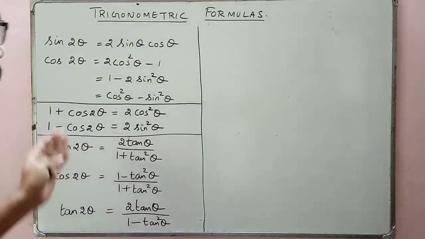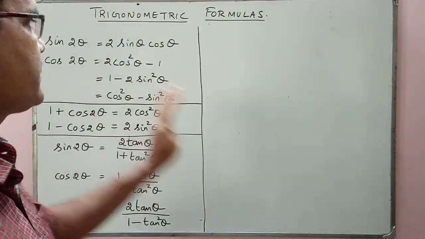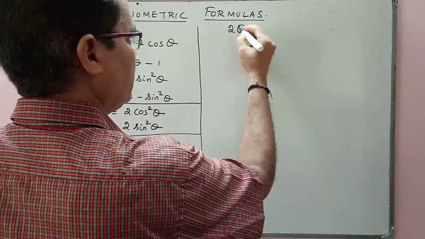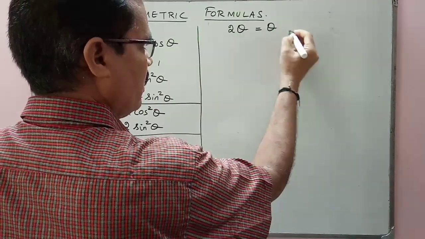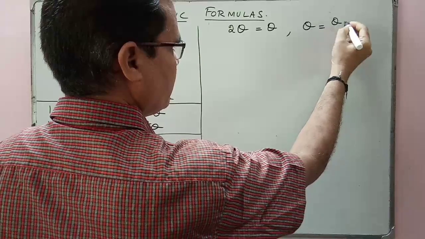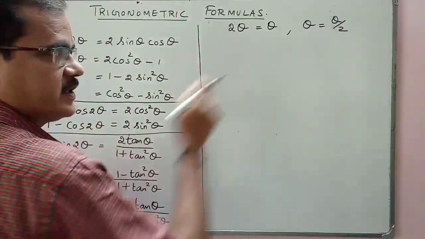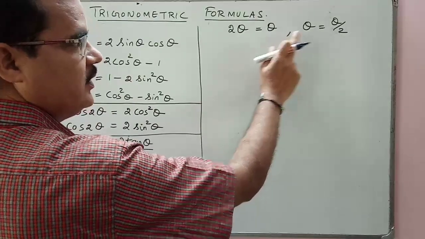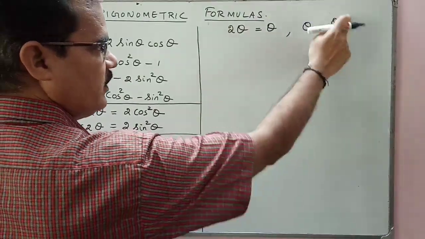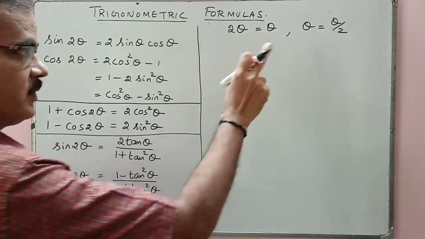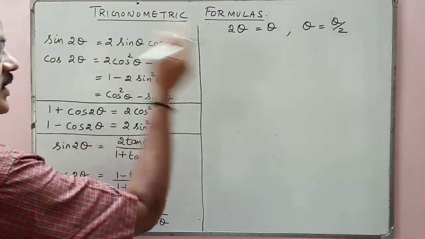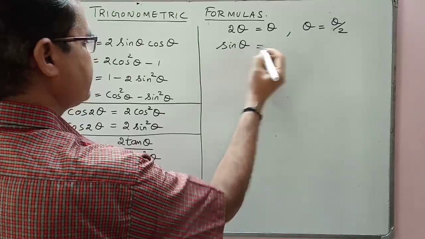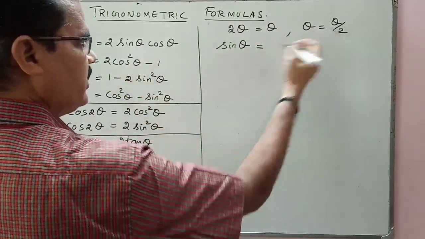Okay. Now we are going to get another set of formulas using these formulas. For this, what you have to do is, you replace 2 theta by theta and you put theta equal to theta by 2. In these formulas, you will get another set of formulas. We call them half angle formulas. Let us start. So 2 theta, I am going to write it as theta. Yes, join with me and say 2 theta has to be written as theta by 2.